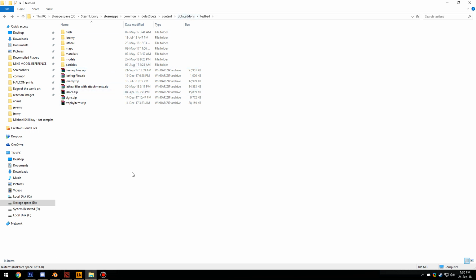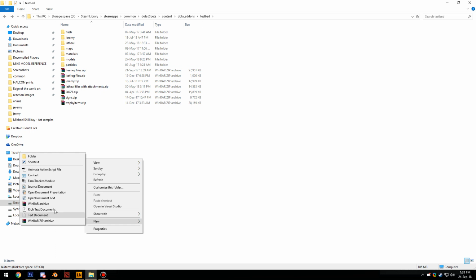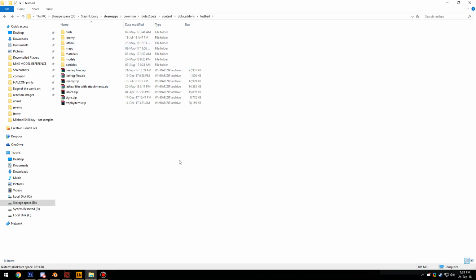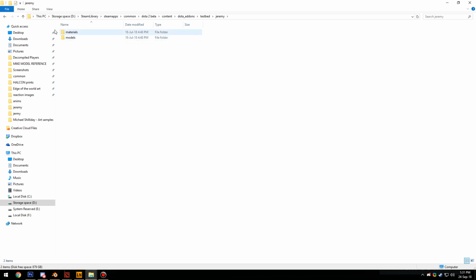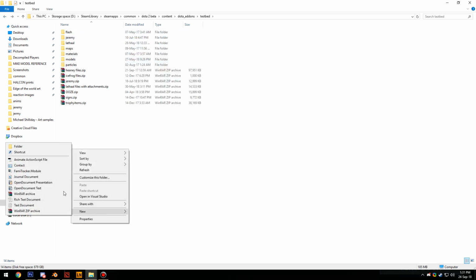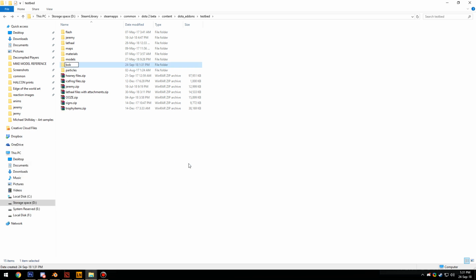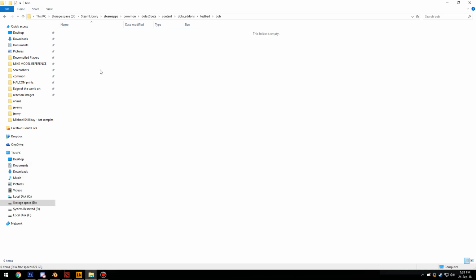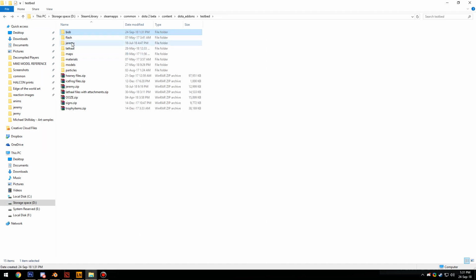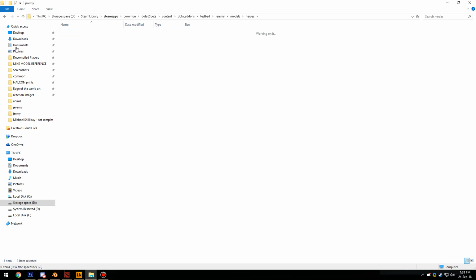So first things first, we're going to make... you could sort these in their own models and materials folders, but it's much easier for me to sort every single individual character in its own folder. So in the case of Jeremy, he's got his own independent models and materials folder. So what I'm going to do is we're going to make Bob. So first things first, we're going to make our models folder, and I'm just going to double check Jeremy, models, heroes, Jeremy. Okay. So Bob, we're going to go models, new, heroes,